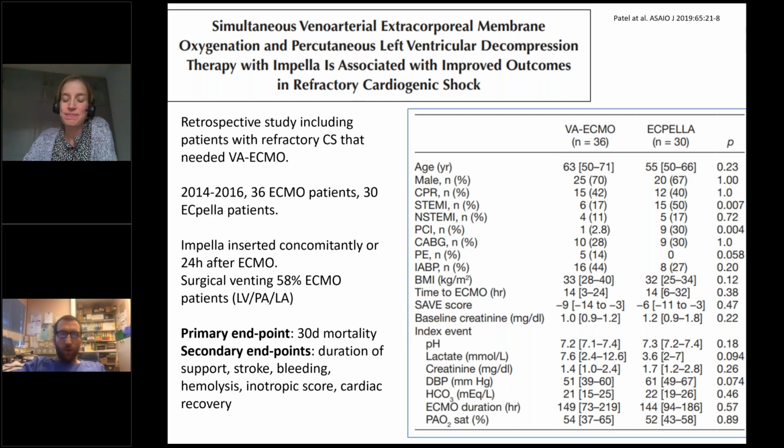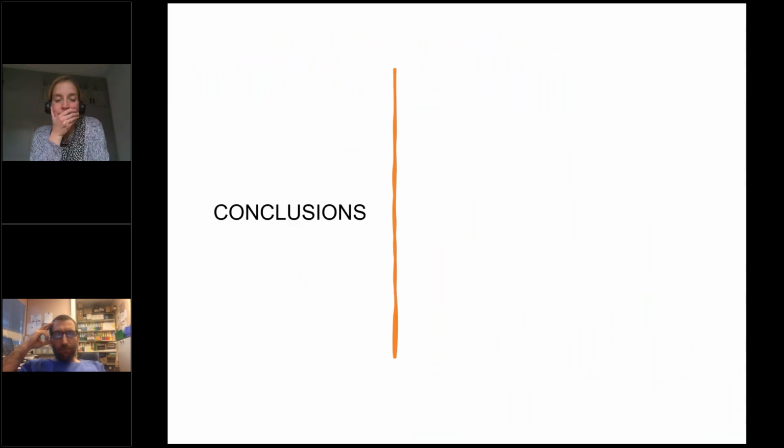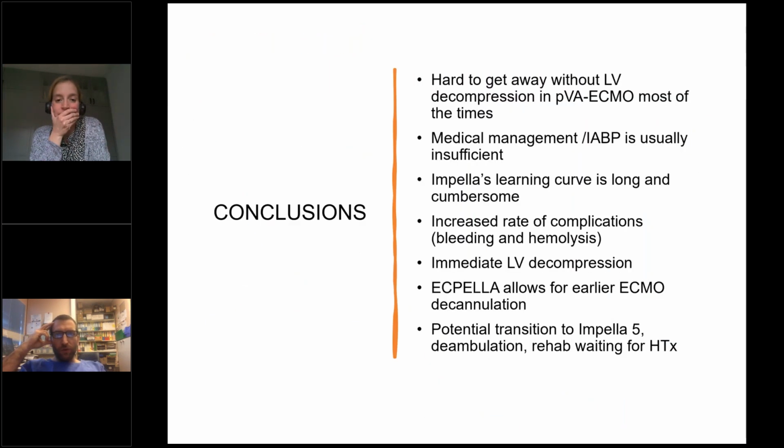Now, when we talk about the indications that you suggested, how do you define distension? What are your cutoffs to say this patient is in distension and this one is not? So we measure wedge pressure, or sometimes when we do insertions of peripheral VA ECMO in the cath lab, the interventional cardiologists measure the left ventricular end diastolic pressure. If it's high,